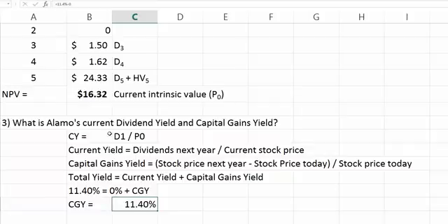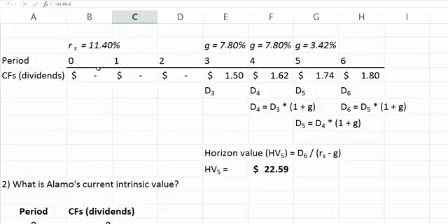So when the question asks what's the income or what is the return that an investor expects to make next year, all of it comes from the expected changes in prices, or capital gains yield. Since the company doesn't pay any dividends in years 1 until the third year, it is not expected to pay any